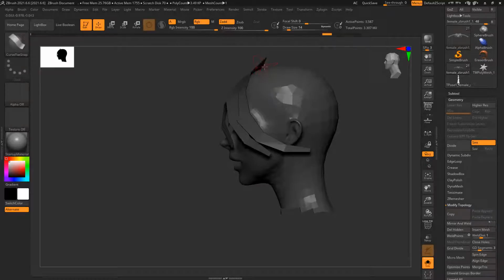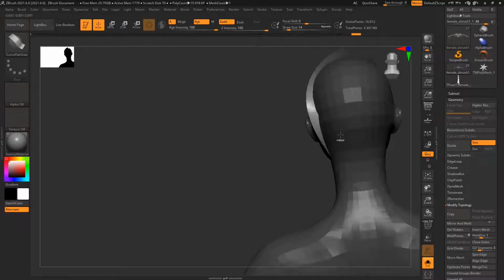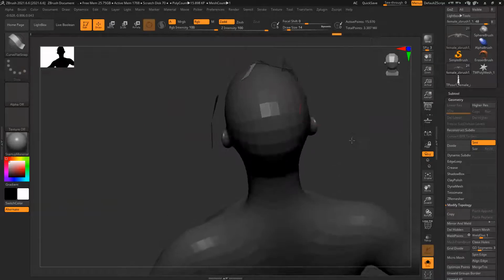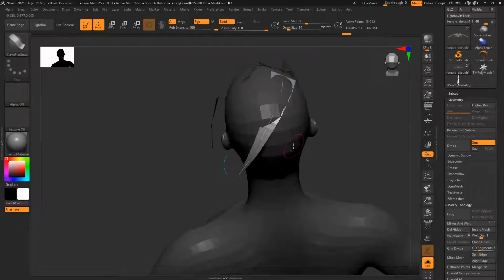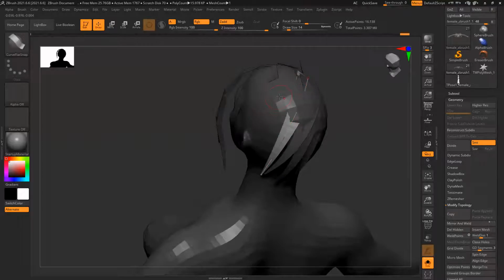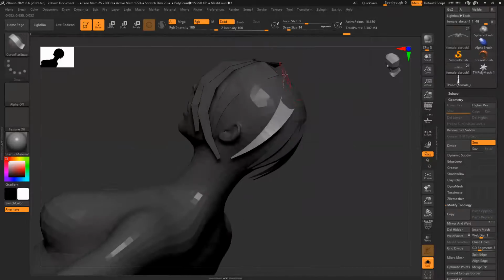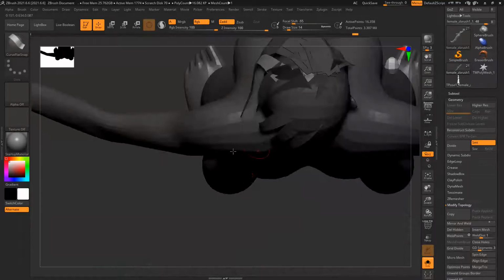Now it's not working very nicely. Layering we have to create.